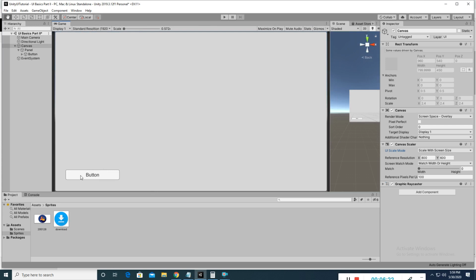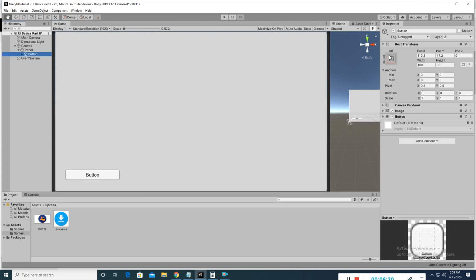So the button is in the bottom left corner. I will select this, 0 0 0. Okay, now I'm coming to the pivot point. By default the pivot is set here at 0 0.